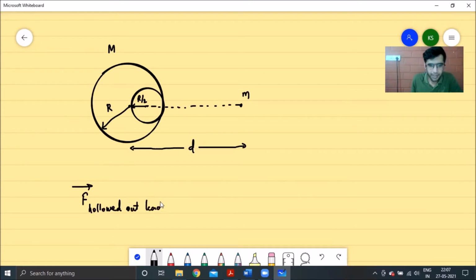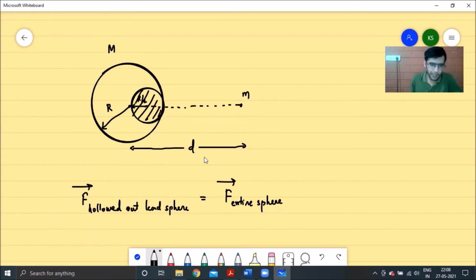So here, one single step will help us solve the question, and it is basically all about substituting all the values in that single logic over there, right? So we want to find out what is the force exerted by the hollowed out lead sphere over here. We'll first find out what's the force exerted by the entire sphere on that particle of mass small m. We'll first assume that the entire sphere is there, and then we'll find out what's the force exerted by this entire sphere on this mass small m. And then we'll remove the contribution which this portion had in exerting a force on this mass, right?